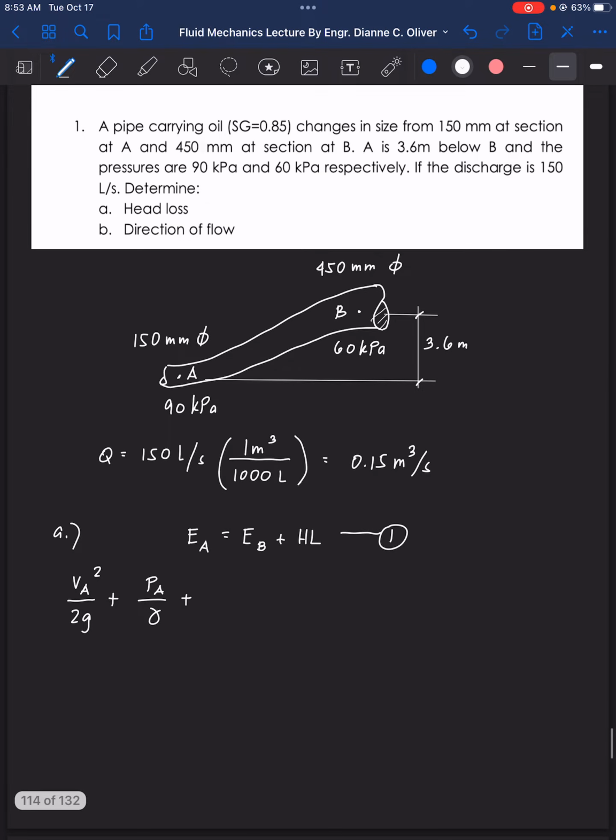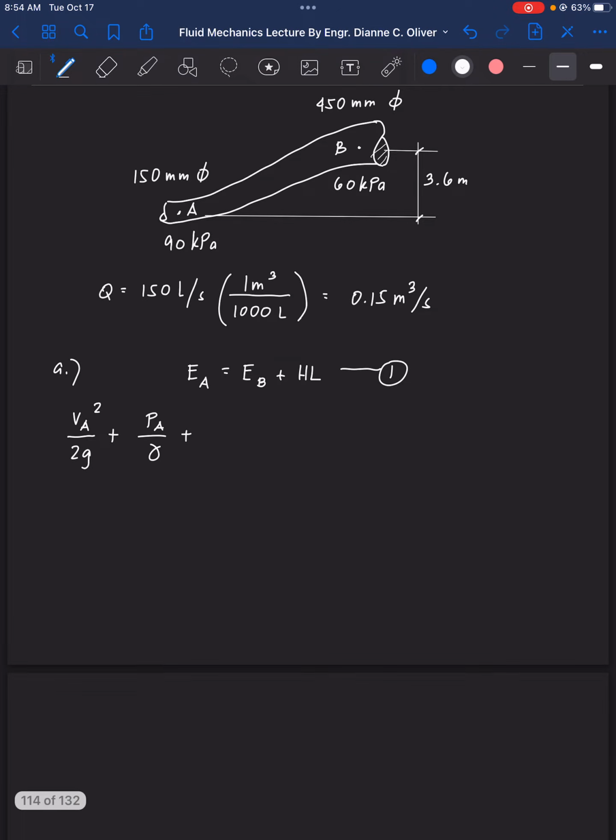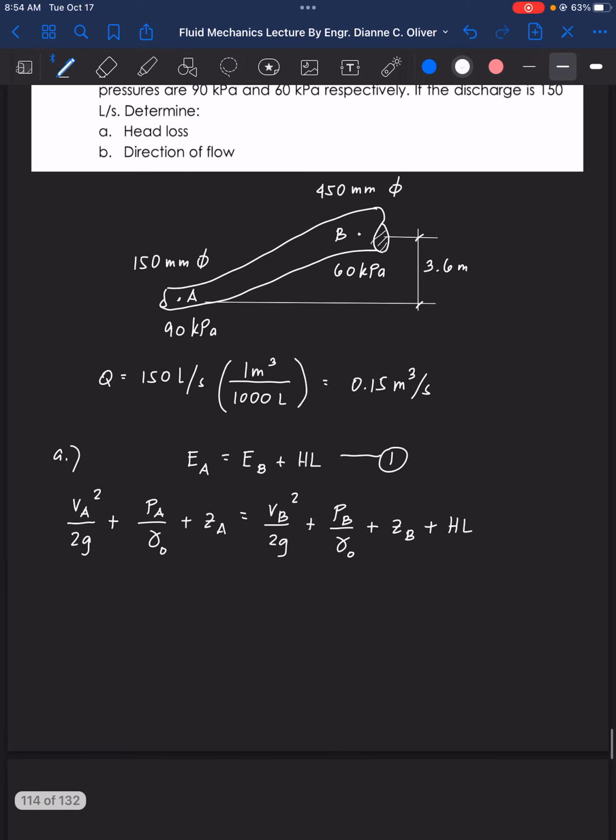And what liquid is it? Oil. So we have our liquid as oil with specific gravity 0.85, plus the elevation head, is equal to the energy at B, so we have the velocity head, V squared over 2g, plus the pressure head over gamma of oil, plus the elevation head plus head loss. So we need to find the values for